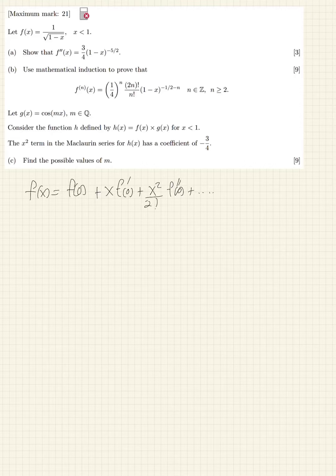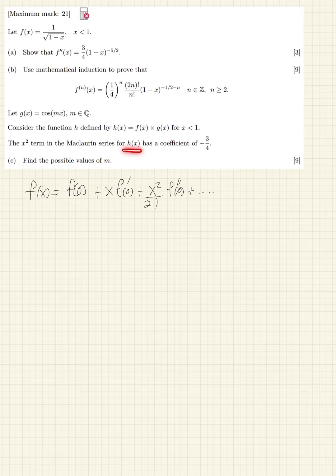So for this question, I'm only going to do the Maclaurin expansion, so part C. In part A, you found f prime prime. Here I started by writing, this is from the formula booklet. Now, we're being asked for the x squared term, which is then the third term in the series right there,